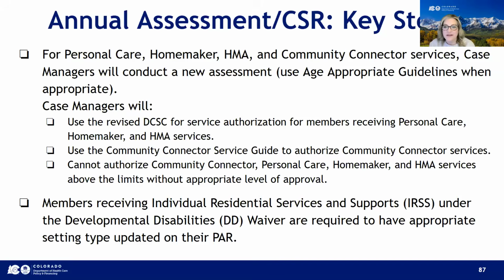If the hours are calculated above caps and justified based on your documentation and your level of care screen, your direct care service calculator, align with task standards and HMA documentation if HMA is needed, you'll be submitting an exceptions request. If it's approved, you can move forward with your PAR creation, and if it's denied, you'll be moving forward to issue your notice of action for reduction of services. Any NOA for these reduction of services based on executive orders cannot be